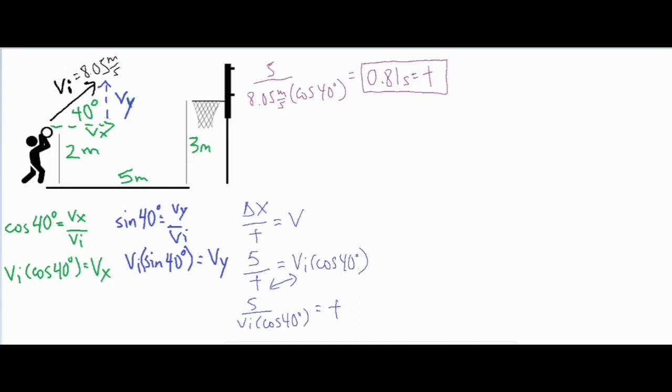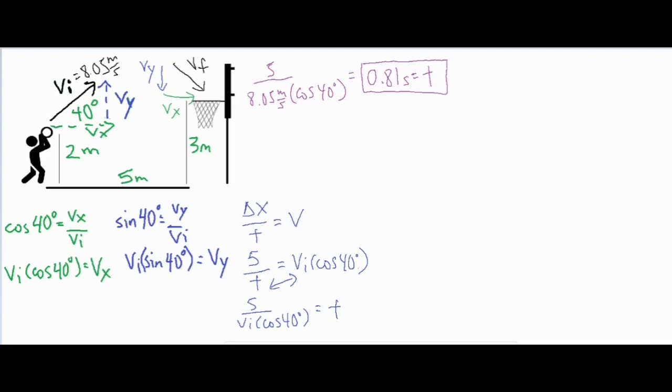Now we're going to find that final velocity going through the hoop. Now it's going to go through at an angle. So what we're going to do is find the horizontal component and the vertical component, and then combine those two using the Pythagorean theorem, and then we'll be able to solve for our final velocity going through the hoop. So for our Vx, our horizontal component, that one's going to be pretty simple because,